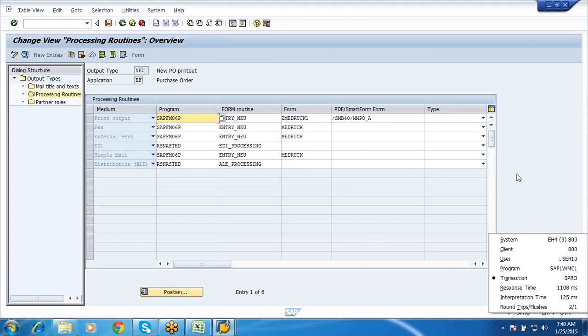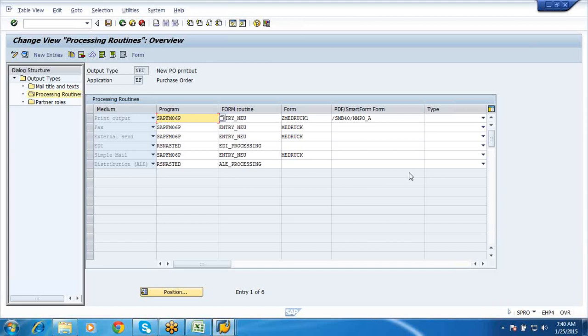This is very, very important, this screen. If you want to print a PO, then you would be using this program to print, and the smart form would be MEDRUCK. That is your printout of the PO. Whatever changes you make will be done in your MEDRUCK.